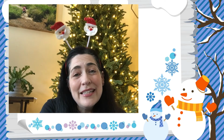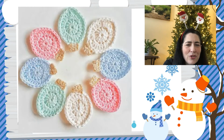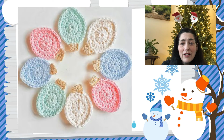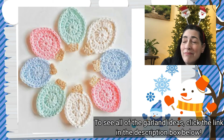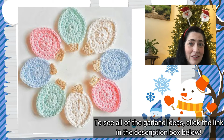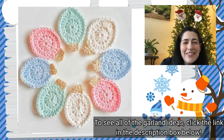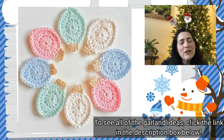They look like Christmas lights. So these ones are kind of pastel colored, but they'd be just as cute in any other kind of bright color or traditional Christmas color. However you wanted to do them would be really cute. They'd also be really cute with a sparkly yarn, in my opinion. Of course, in my opinion, everything looks better in sparkly yarn, so that might be something you kind of have to weigh out for yourself. But I could see these in any different color that would match your home decor, and they would just be